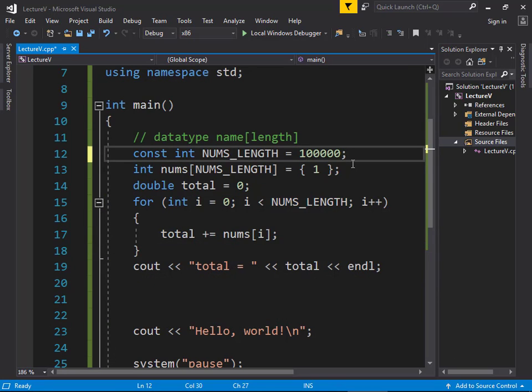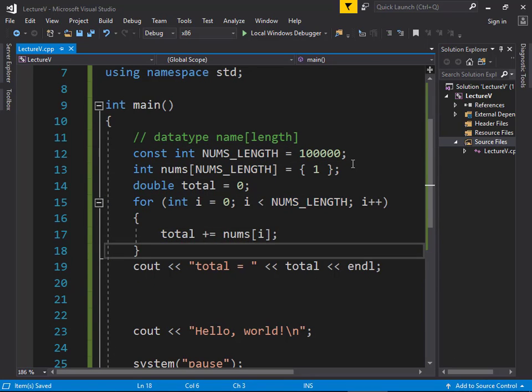So I'm going to change that back to 100,000. What if we wanted to fill that full of random numbers? I don't know. That almost sounds like a homework assignment. Almost be too easy to do right now. Let's